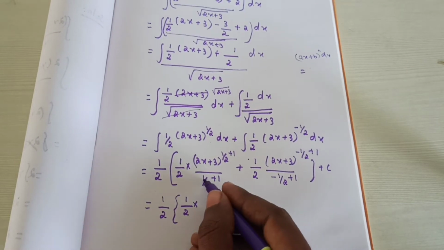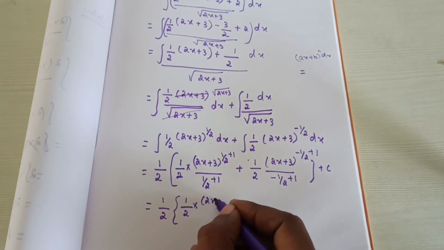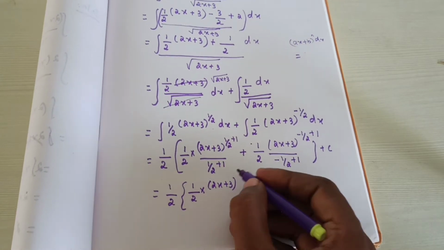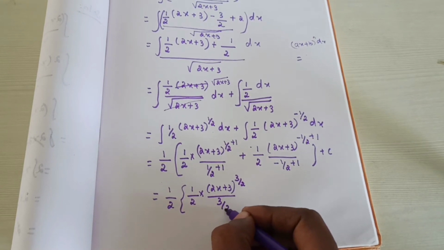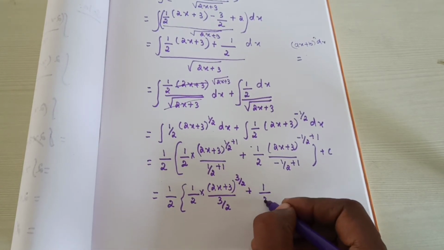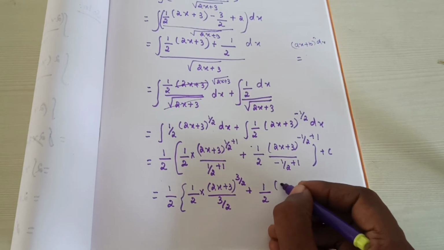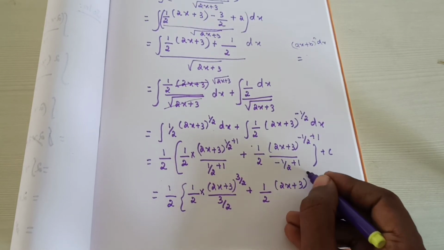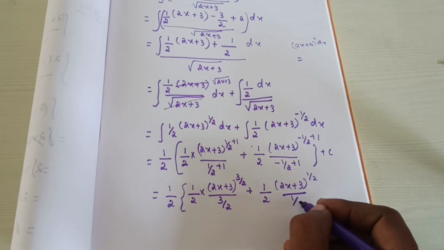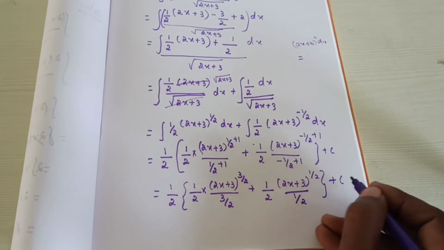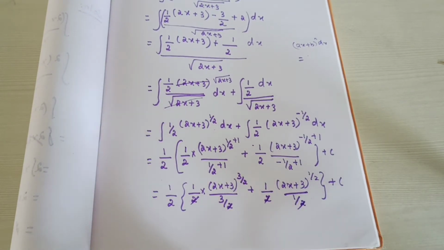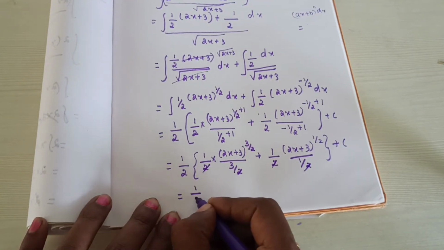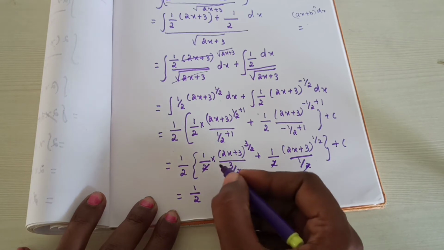Then that is equal to 1 by 2, we will keep it outside, that is 1 by 2 into, here it is 2x plus 3 the whole power, how much will you get? 3 by 2, correct? Divided by, here also 3 by 2, plus 1 by 2 into, how much will you get? 2x plus 3 the whole power 1 by 2 divided by 1 by 2, plus c. Now this 2 and this 2 will get cancelled. Otherwise bring it to the numerator and cancel. Otherwise directly you can cancel. Understand? So what's the balance? Is equal to 1 by 2 into, what's the answer?